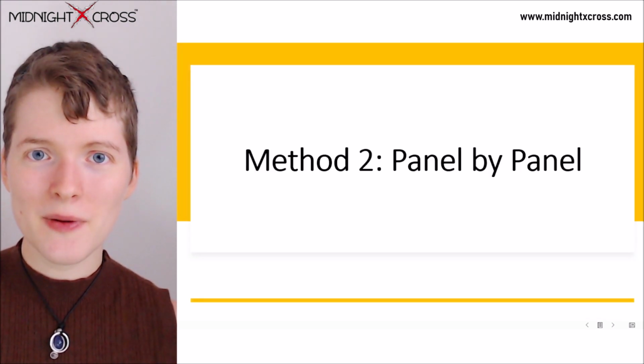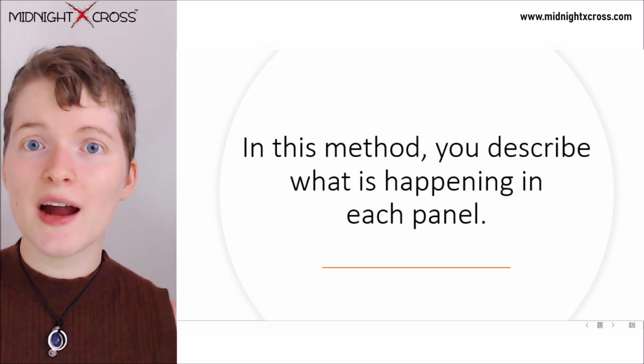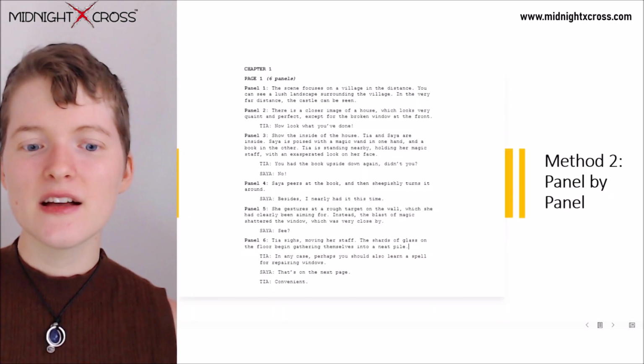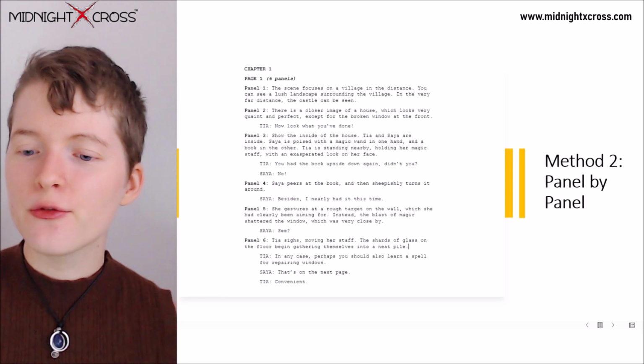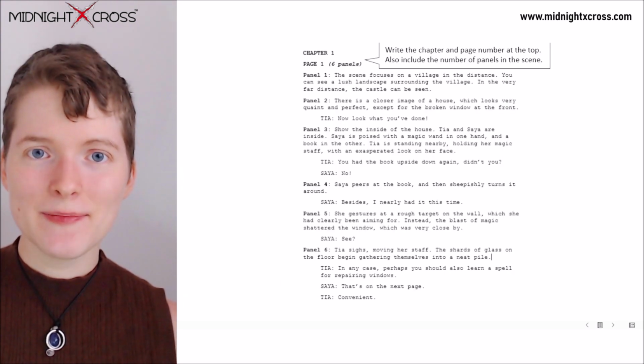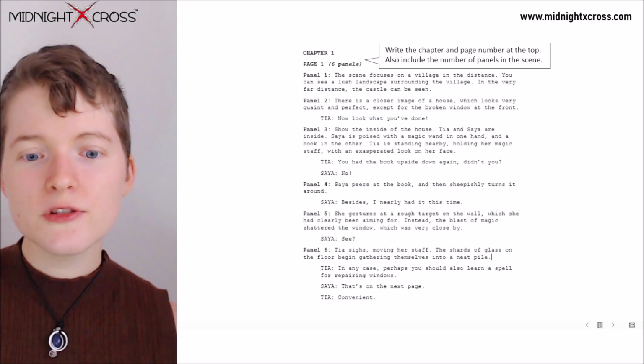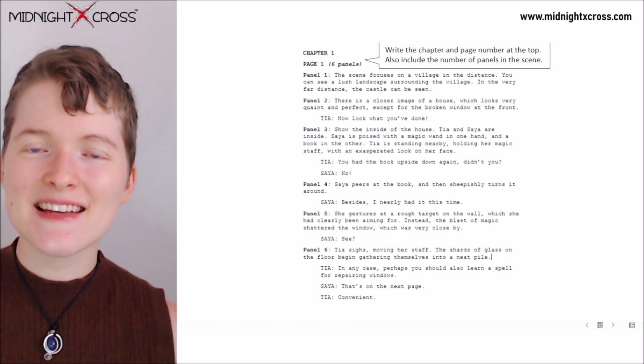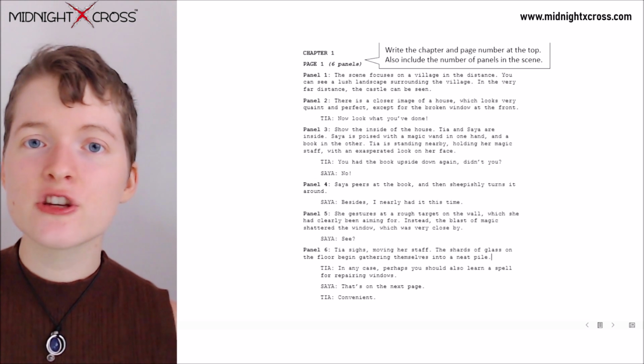Method 2 is panel by panel. In this method, you describe what is happening in each panel. So here is an example script for method 2, which is panel by panel. At the top, you write the chapter number and the page number. Also include the number of panels in the scene to help you better understand how you should lay out the